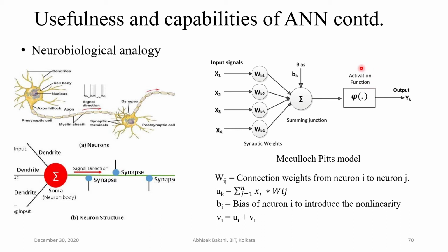What does it mean? It means that whatever the summation result is, that is UK, present over here. Maybe I have not written this one, so let's write it. Actually, this is what you can assume as UK. So UK is the addition of all these multiplications, and this UK actually